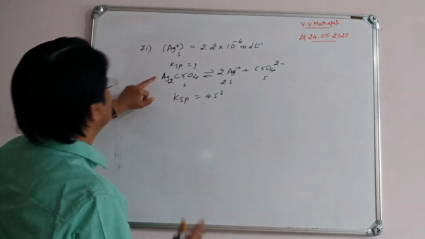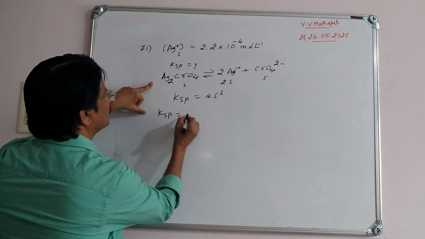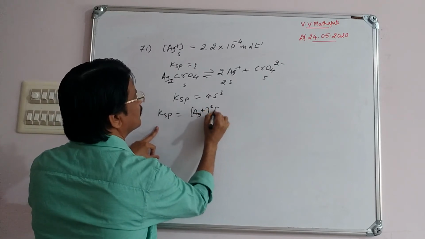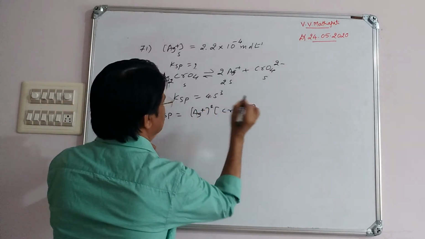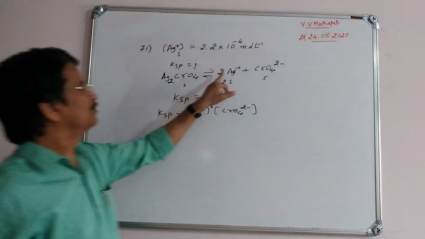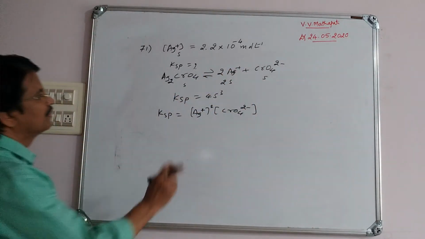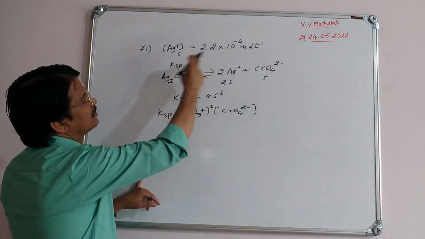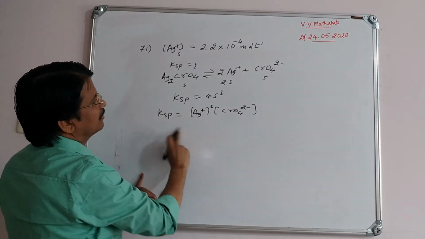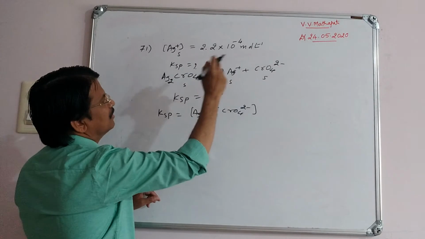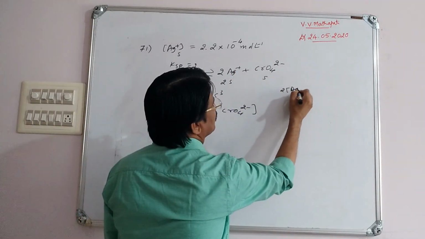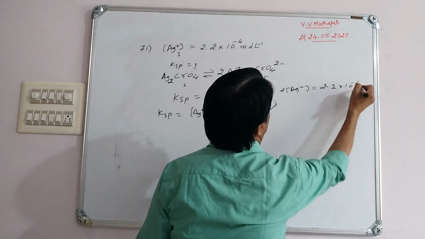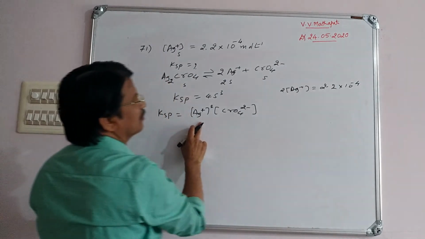Ksp equals Ag plus squared times CrO4 2 minus. If only one S value is given, find it like this. But here the concentration is given, so according to this equation, Ag plus is 2.2 into 10 to the power minus 4,